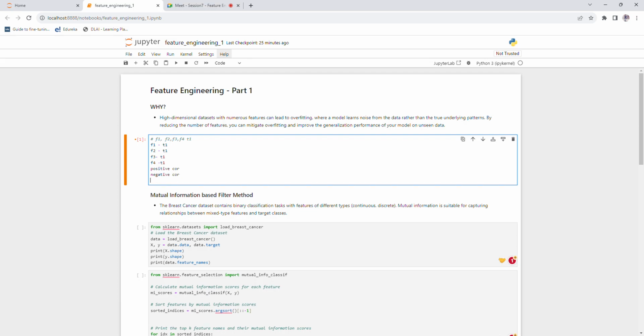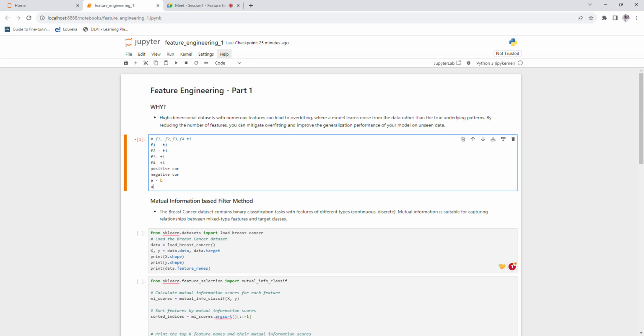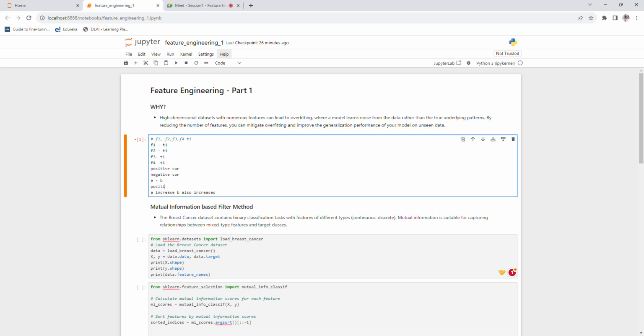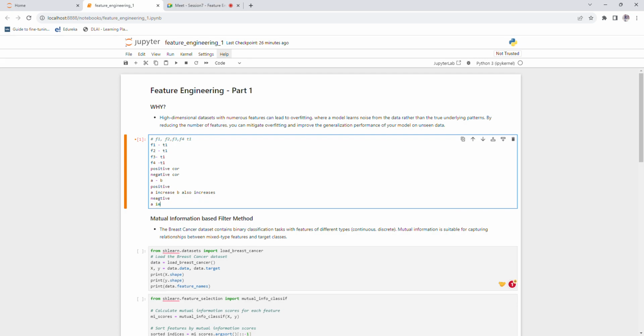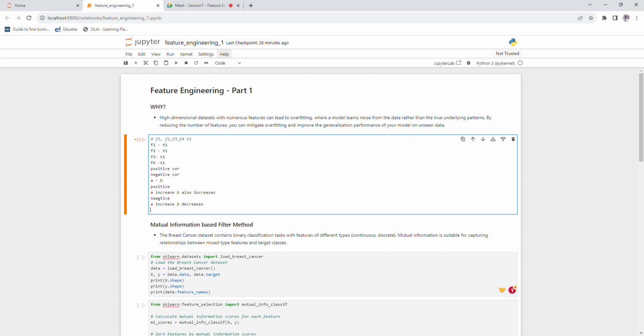Positive correlation means, let's say there are two variables A and B, and there is a positive correlation between them, it means when A increases, B also increases. So this is called positive correlation. But I will tell you what is the problem. Now in negative correlation, A increases, B decreases. So this is called negative correlation, and the correlation value always ranges between -1